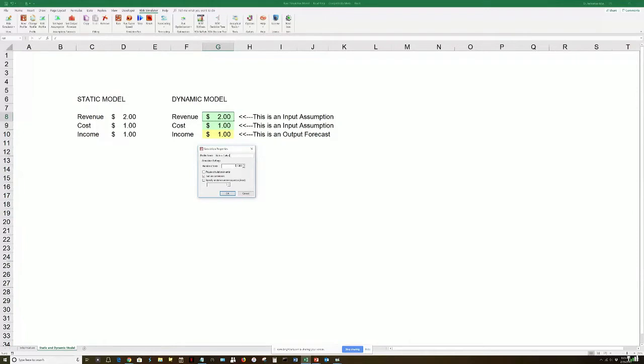You can run a lot of different trials here: 1,000, 10,000, a million trials as you wish, and you would click OK in this case. So we created a profile where everything is stored. And let's just say revenue is an input assumption that we don't know. We think it's going to be $2 million. We think it's $2. But here, we're just going to say we're not entirely sure.